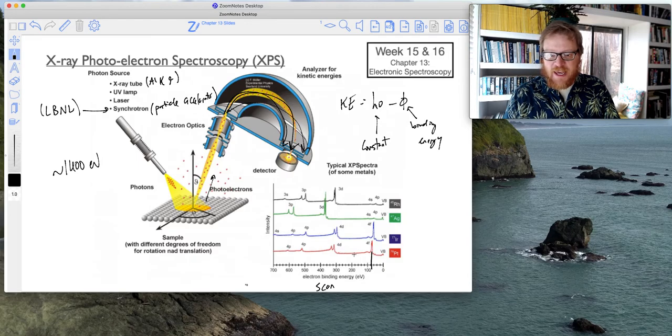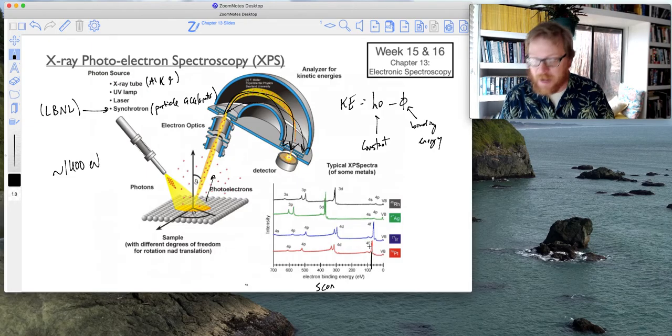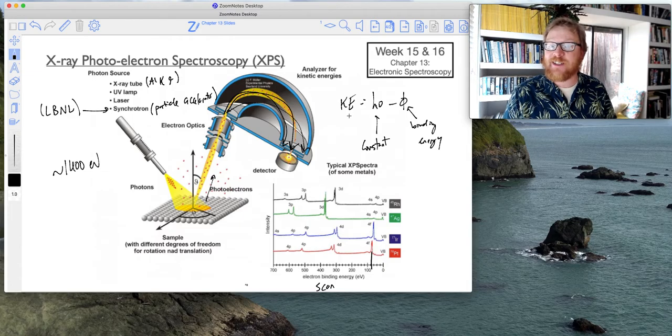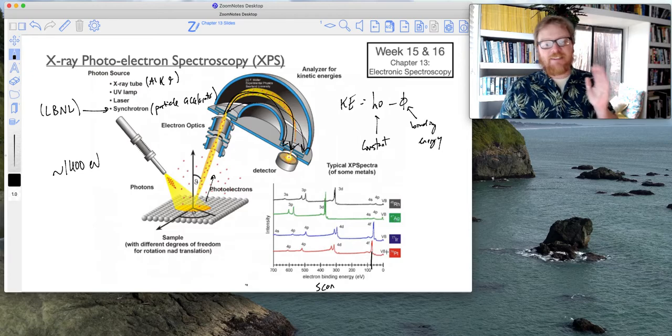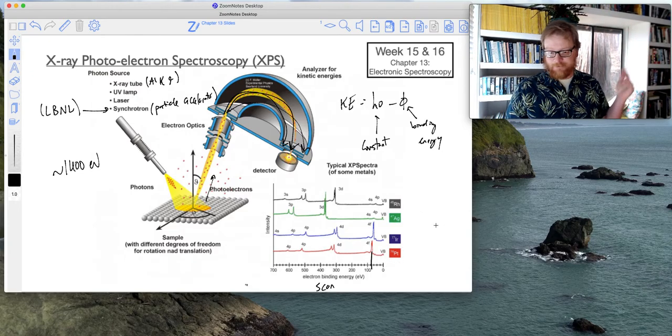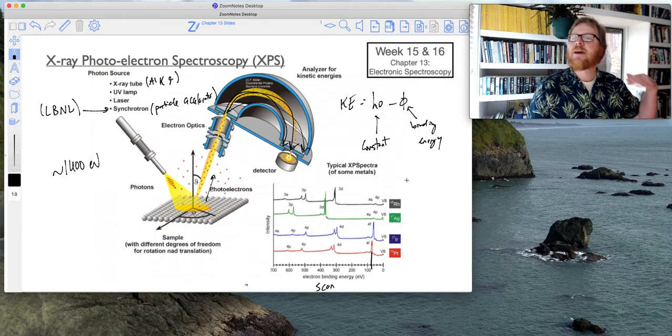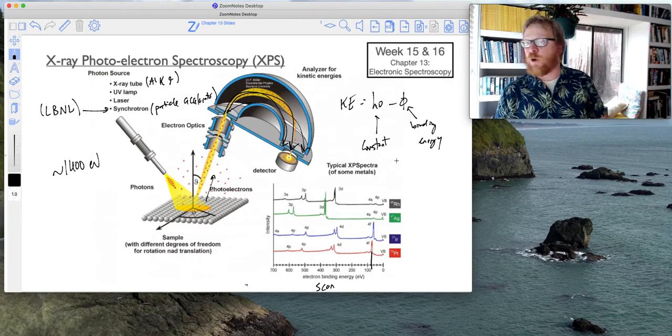Okay, and as we keep scanning into higher binding energies, keep in mind that the 4F electron, for example, is going to have the largest kinetic energy, and consequently the smallest binding energy. It makes sense that 4F has the smallest binding energy because it's the furthest away from the nucleus, right? And as we scan across the kinetic energies, we can see the appearance of 4D electrons, 4P electrons, and you can see those get to higher energies